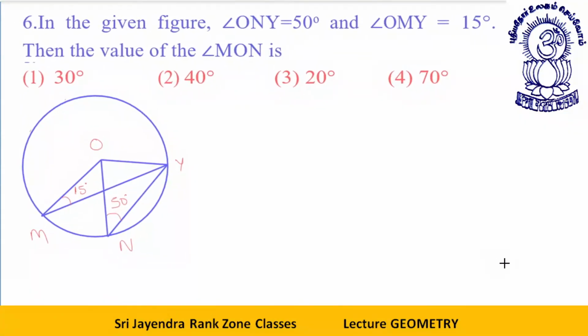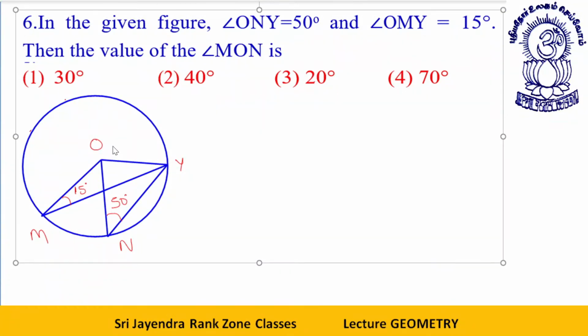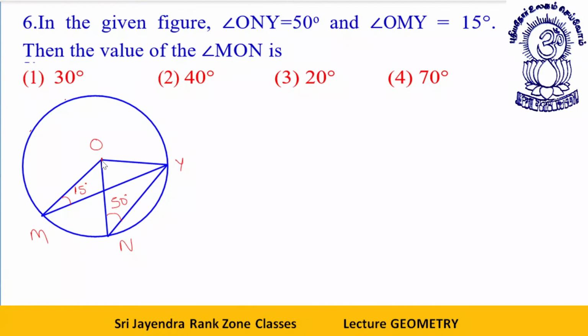Since we are doing the questions based on equal radii, what will happen, dear students? This is the radius, this is a radius. These two sides are equal. So if this angle is 50, this angle will also be 50. These two, 50 and 50, make 100. This angle will be how much? This angle will be 80 degrees. If I talk about O, Y, N, this is 50, this is 50. So this becomes 80. One thing done.